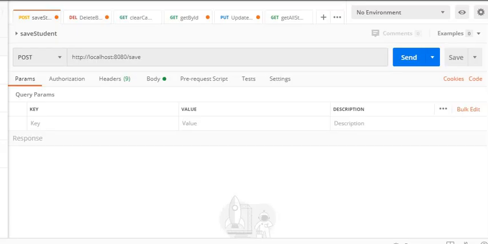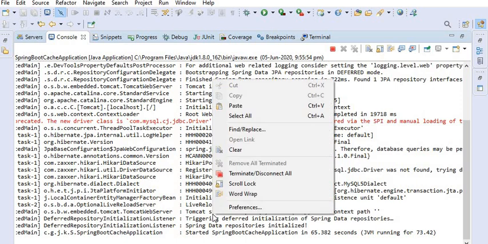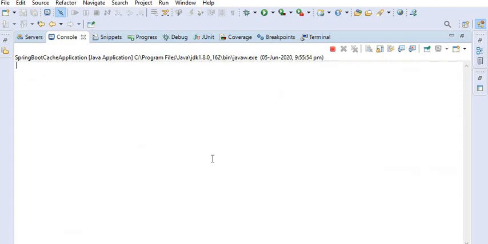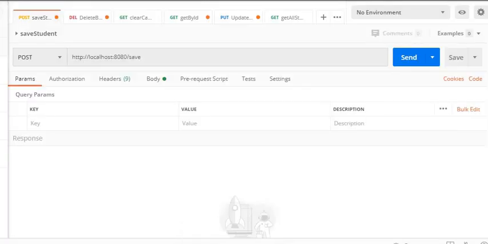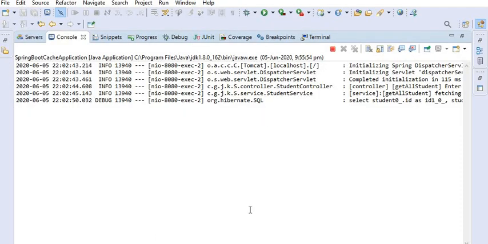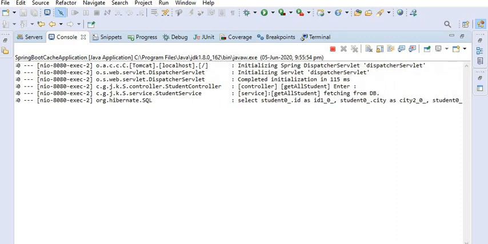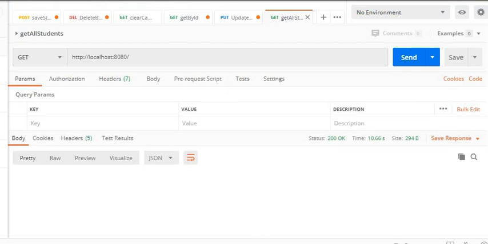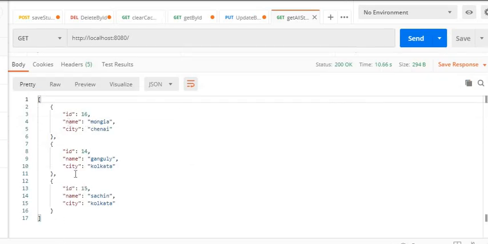Here first I will call the get all students API, and here I have cleared the console, and first I will hit the get all students API, and when I send the request, here we can see on the console the logs are printed and the data is fetched from DB for get all students. And here you can see 3 records are available.